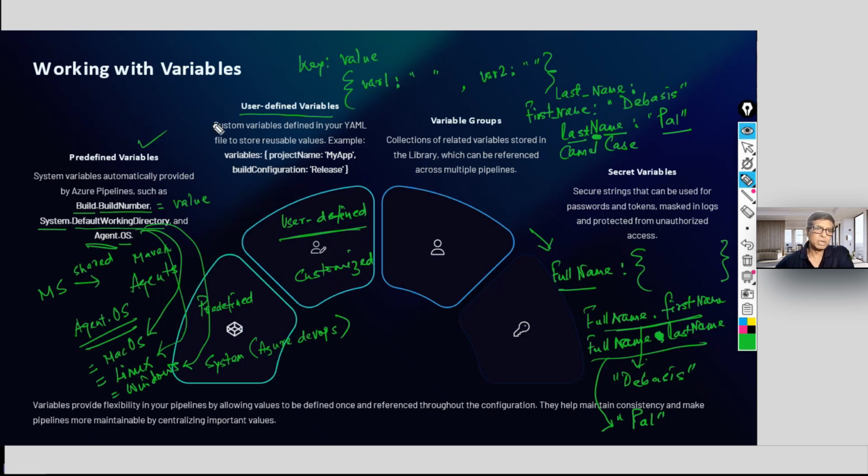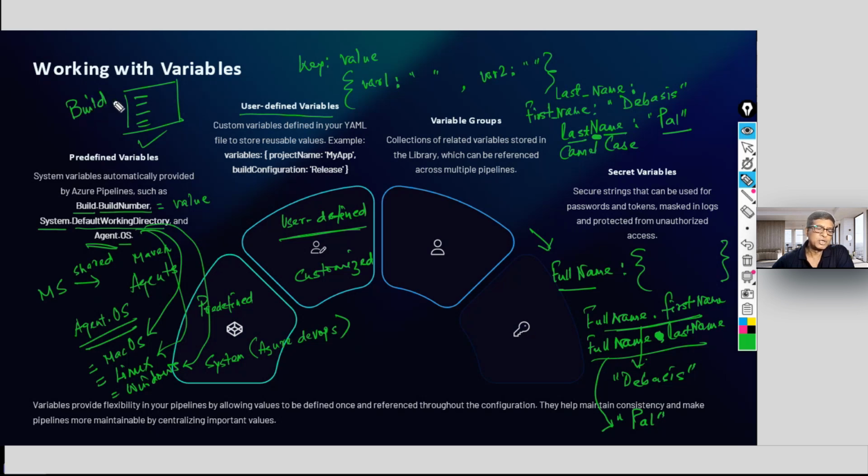There is a whole lot of documentation. You don't have to remember anything. In IT, you do not have to memorize anything. You need to know where you will get all these things. There is the Azure DevOps documentation. You go there and look for Azure DevOps predefined variables. Immediately this document will come up, and within that you can get all the build variables.